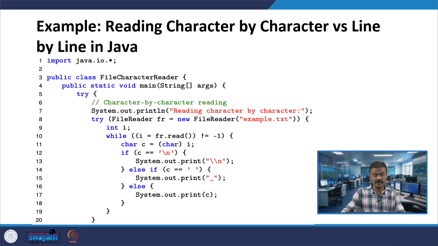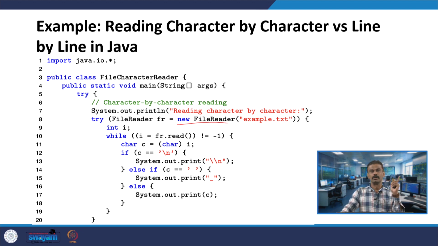The same code when we deal with it in Java, we had seen C++, so now in the case of Java, you have the object fr under FileReader, alright. You have allocated the memory and then you have a constructor, so it is handling example.txt. So, while i is equal to fr dot read, that is not equal to -1, alright. Whenever you have come to the end of the file, the last character, the object fr which is invoking read is assigned to i, and it is checked whether it is not equal to -1.